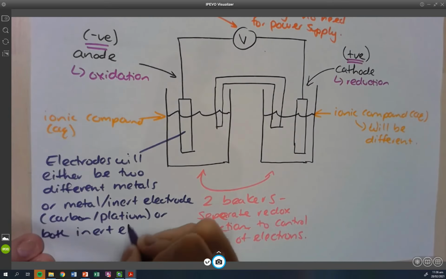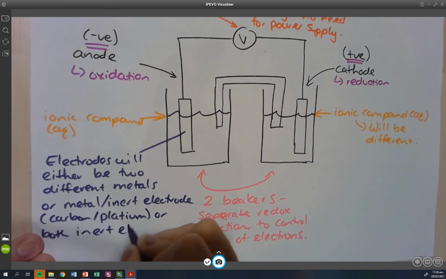I'm just going to plop in some electrons so you guys can see what I'm saying when I say oxidation and reduction. Since I am reducing it to form the metal, I would expect my ions to go towards the electrode, and my electrode would become larger. So I would say as an observation that this electrode would gain mass